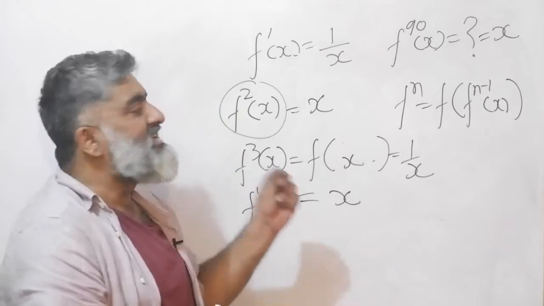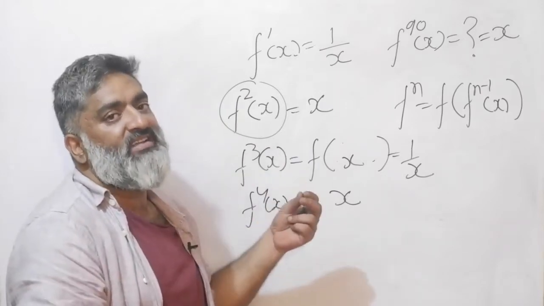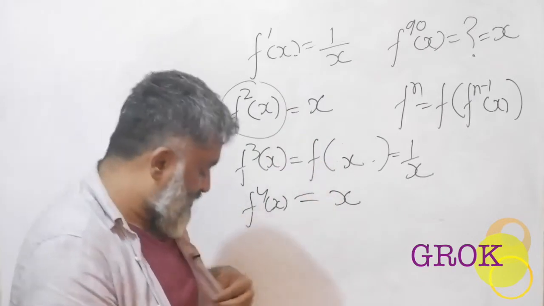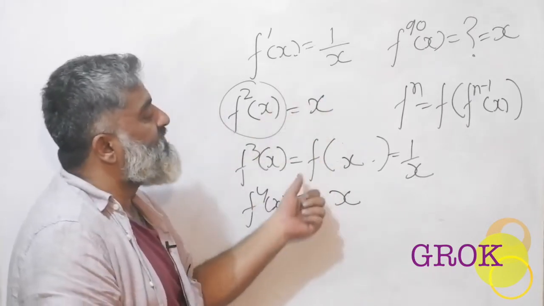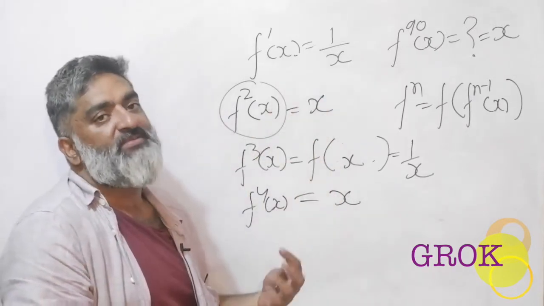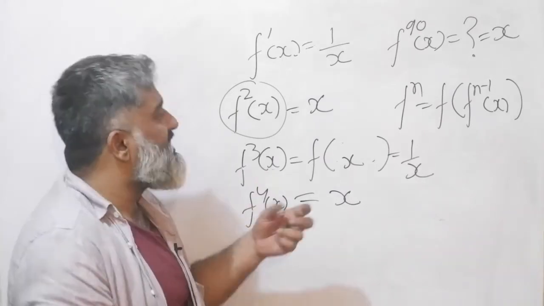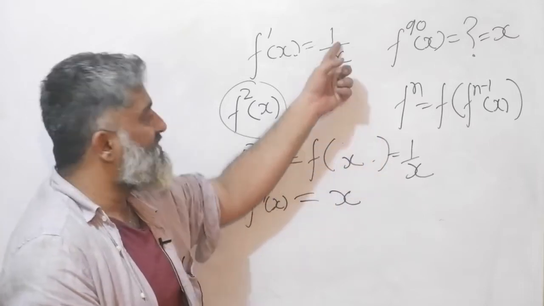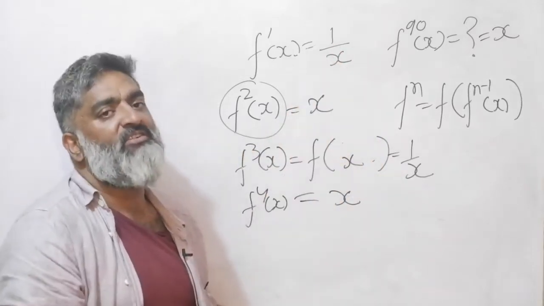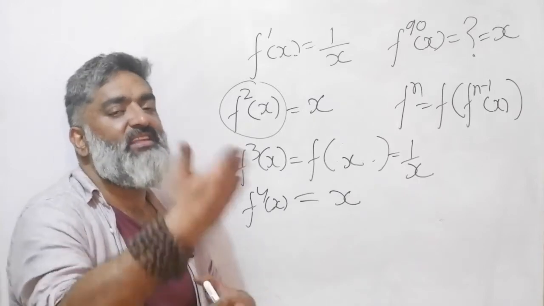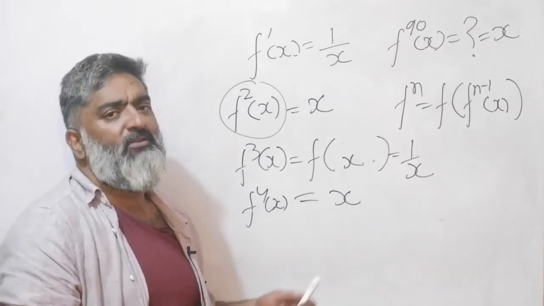So what you're seeing is the beginning of a very basic cycle, right? A two-step cycle. Step 1, step 2, step 1, step 2, step 1, step 2. The same two steps are repeating over and over again. So in iterative functions, right now you're only getting two possible values, 1 by x and x. We will try one more example where we'll see three different values, right? 3 steps, and then the function starts repeating, or maybe 4.